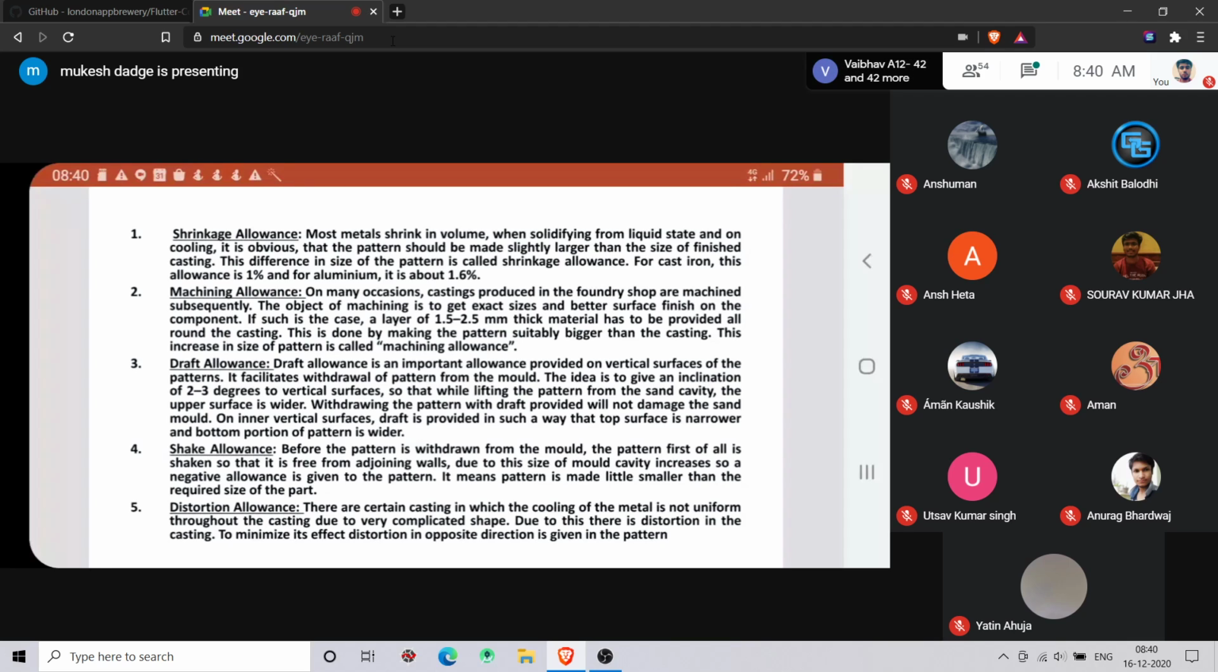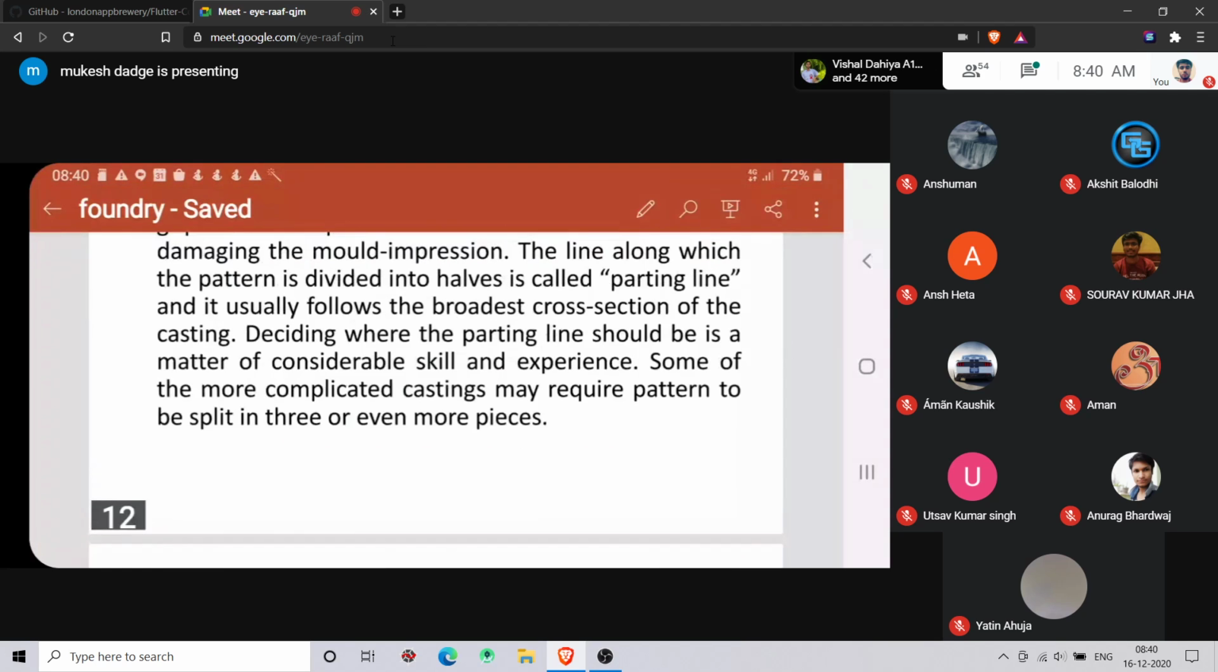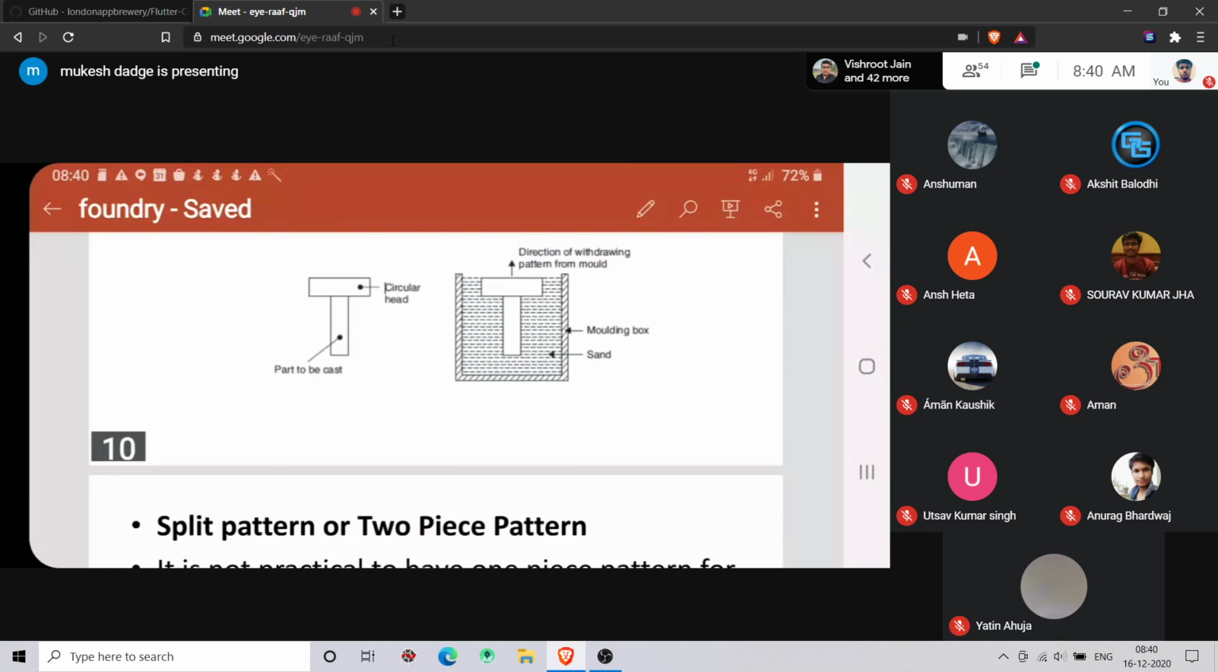Third one is the draft allowance, right? Draft means a taper allowance. Taper दिया जाता है, right? If you see the pattern what you have shown, in the single piece pattern,